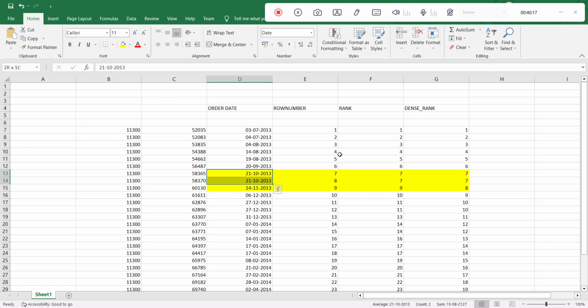So in this kind of scenario, ROW_NUMBER will generate consecutive values only, but in the RANK function, all the duplicate values